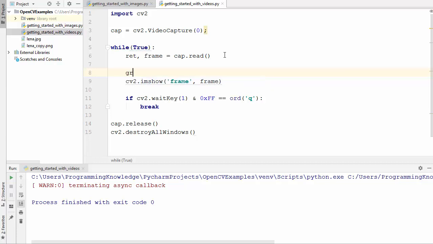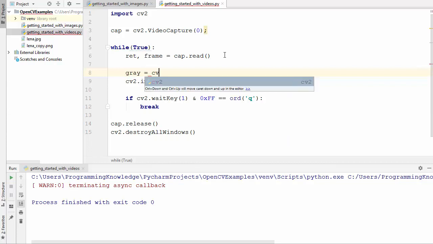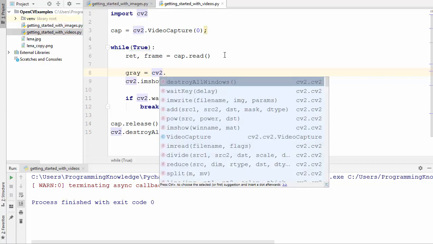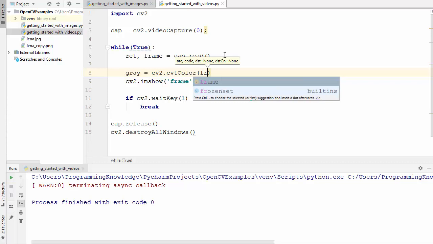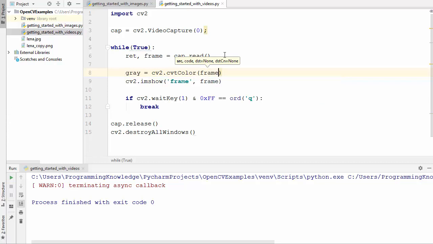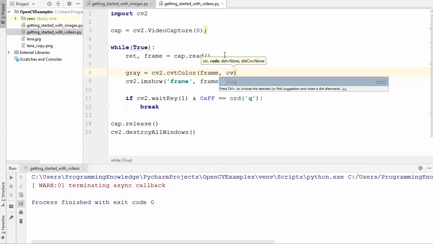For that, you can define a variable called gray or anything else, and then there is a method called cv2.cvtColor, which is to convert color. The first argument it takes is the source. In our case, the source is the frame which we are capturing from the cap.read method. The second argument is the conversion we want to do. So we will just call